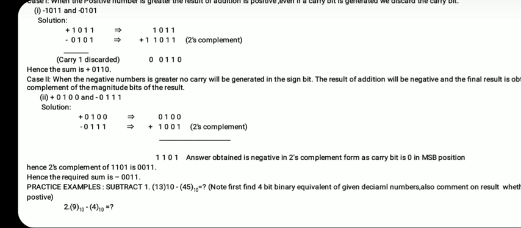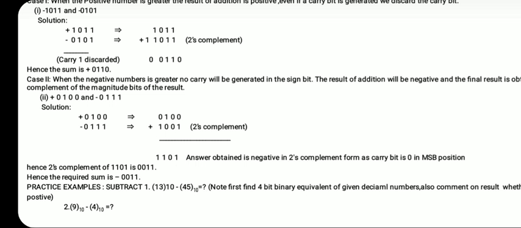Now what we saw in the previous example or previous slide: whenever there is a smaller number minus a greater number, we don't get the carry. That indicates that it is a negative number. And what we comment on the result is that it is not in true form, as in the previous example. It means we do not get the direct answer we expect. In this case we expect 4 minus 7 as 3, but we are not getting the direct answer. We are getting it in 2's complement form, which is not true form.